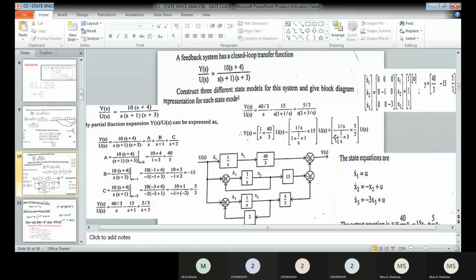Similarly with the third term, the forward path has a 1 by s. Therefore 1 by s you have to draw. Before that, draw an adder. This adder adds two signals: one is from the input signal, the other signal is from the feedback. The feedback from the integrator is nothing but -3. That has been drawn. Here the multiplication factor is available, that is 5 divided by 3. That is drawn as the gain, and that is given to the output adder.